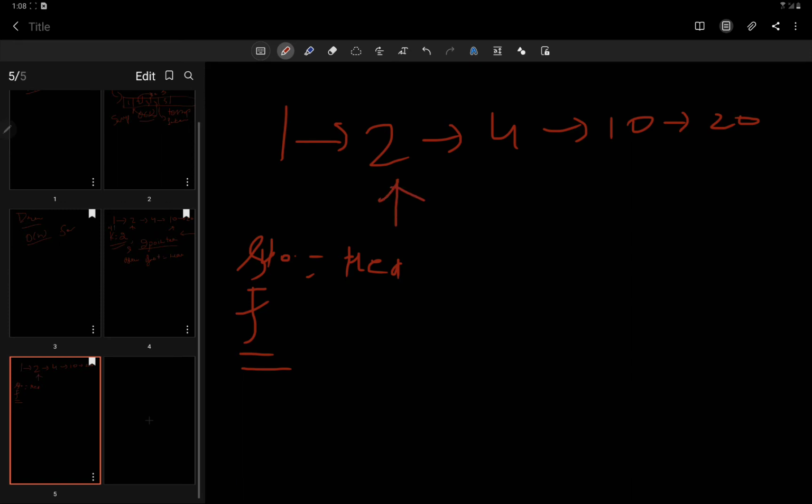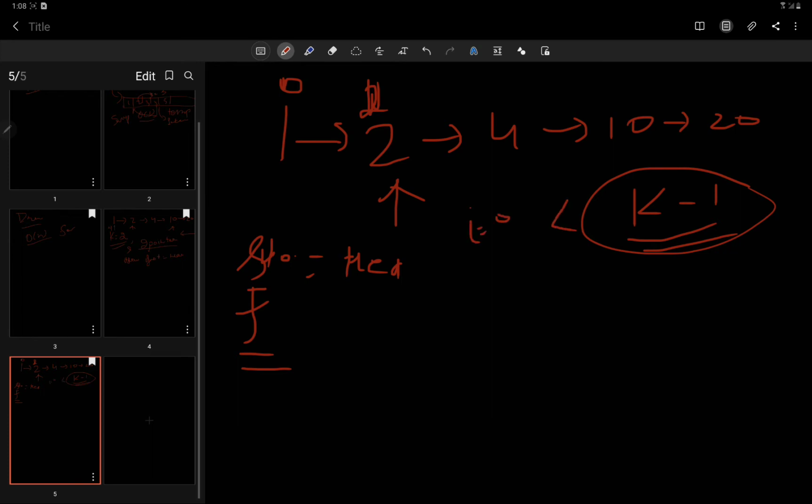Alright, so kth node, first node and second node. If we start from index 0, then 0 node and 1 node, and so it will loop k minus 1 times. Alright, so why have we used k minus 1? It will loop to k minus 1 if i equals 0.